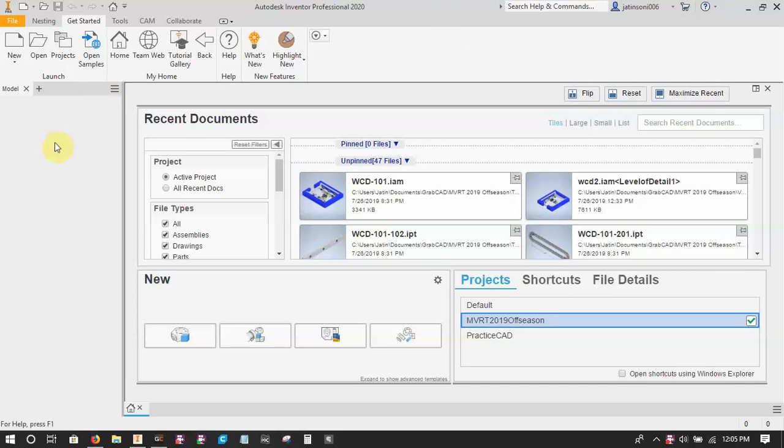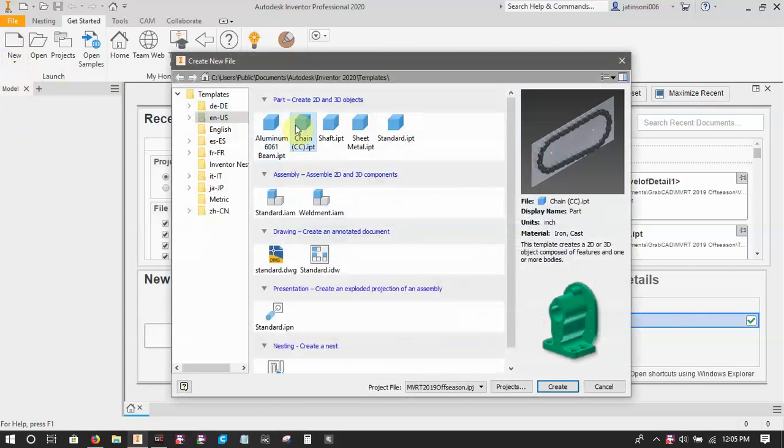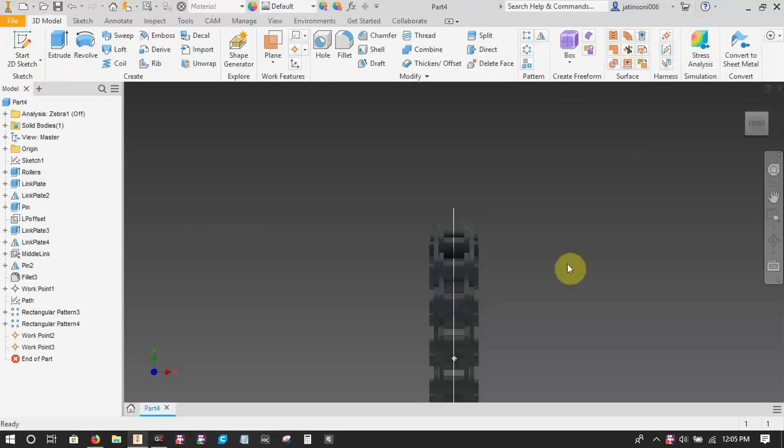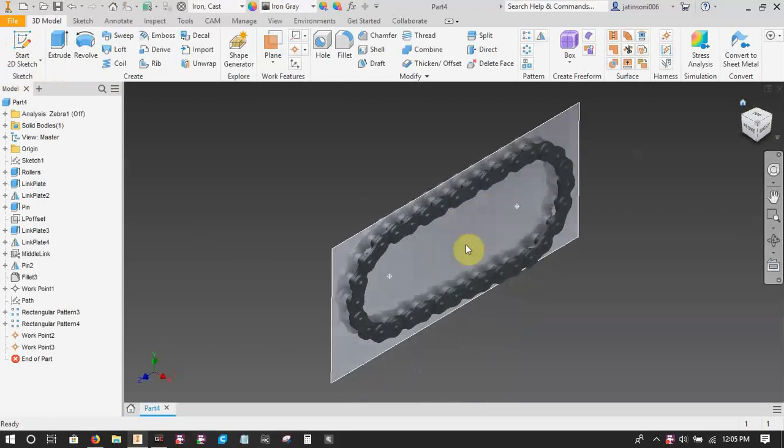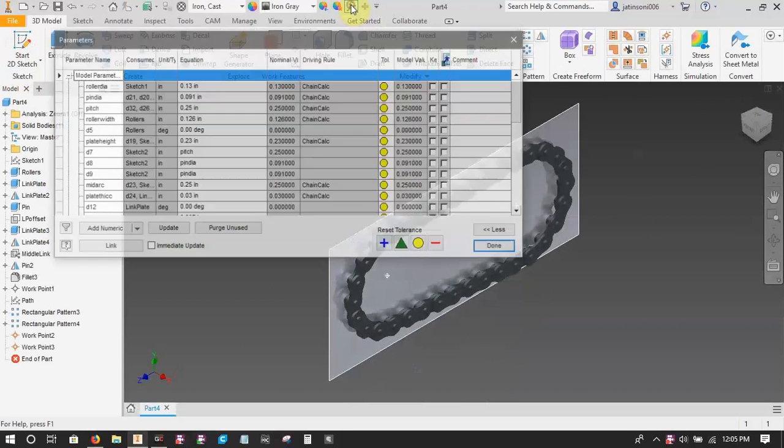Hello and welcome to this tutorial on how to make a chain template that's pretty universal. So what you want to do is I'll just do a demo of what it looks like. So I'm going to hit new, chain. The CC here stands for center to center. I hit create. And then as you can see, there's a chain model, and if I hit parameters over here,